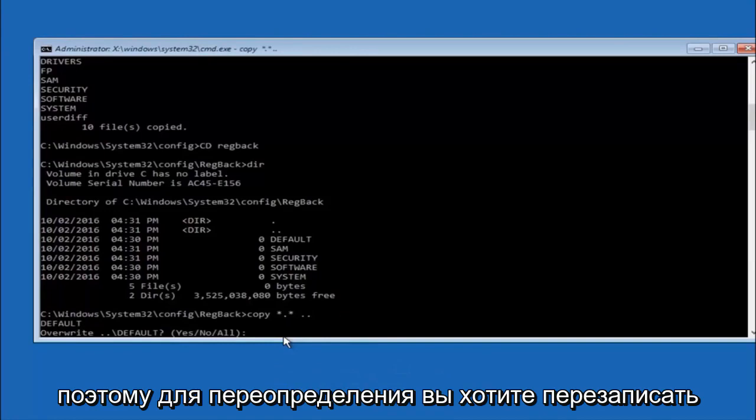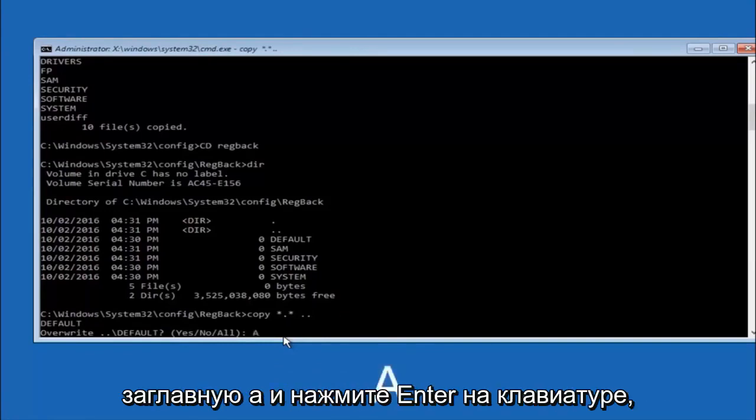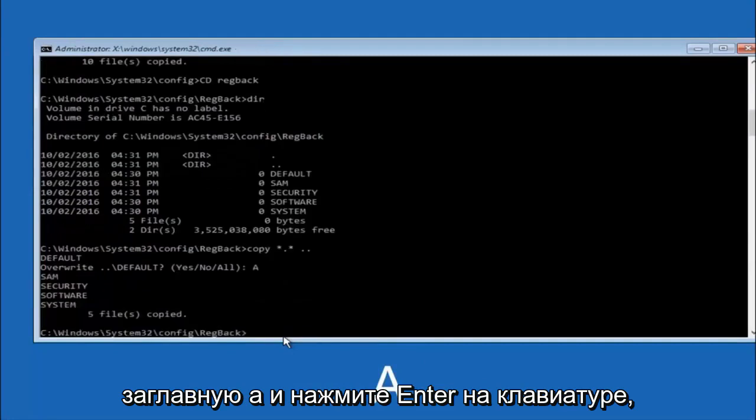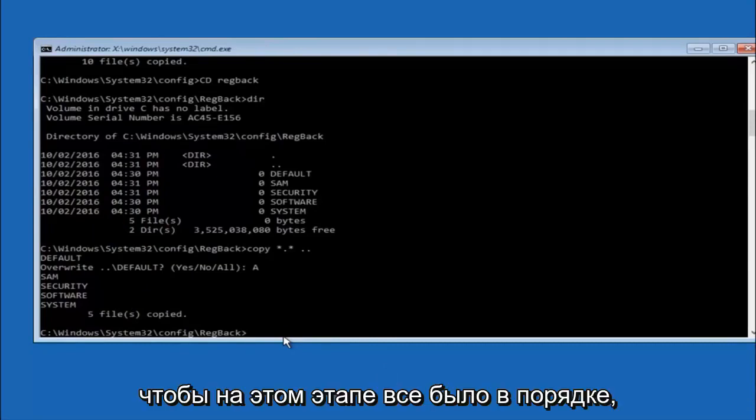So for overwrite, you want to overwrite all. So type A on your keyboard, so capital A, and then hit enter on your keyboard. So at this point you should be good to go.